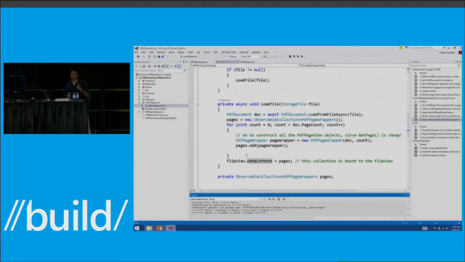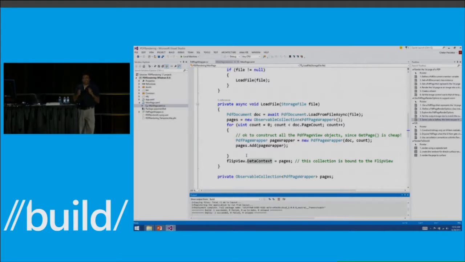When you call get page on the PDF document to get your PDF page class instance, it starts off light. What I mean by that is that all it contains is the metadata around the page. The actual object model and the resources that are required to render that page are only constructed when you issue the render to stream async call on that particular page.